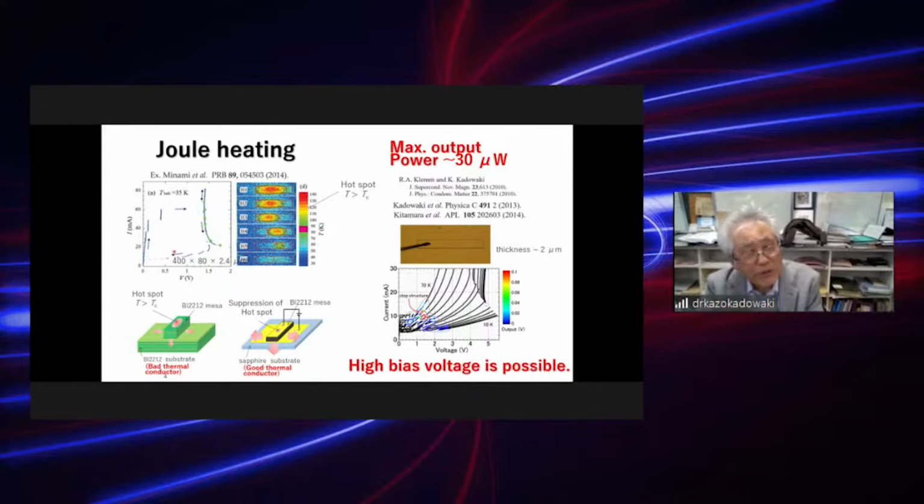If you have this hot spot, we have this sort of backbending, negative resistance. So this is not good. But the interesting thing is, even in such a state, we get very strong emission from the mesa. So it is a very amazing phenomenon. But anyway, we don't like this hot spot, so we make this sort of